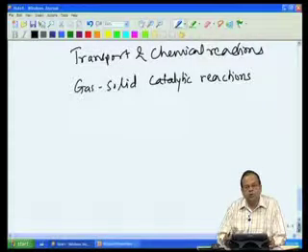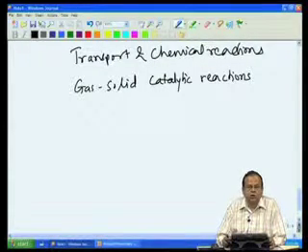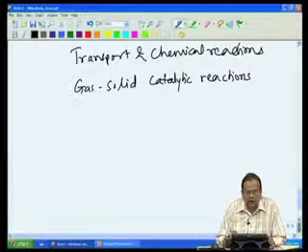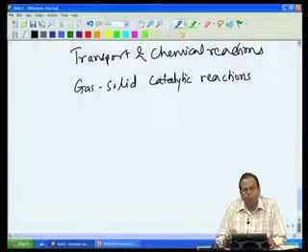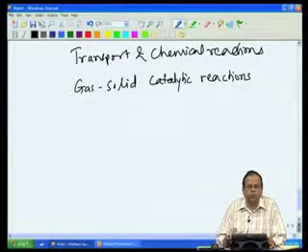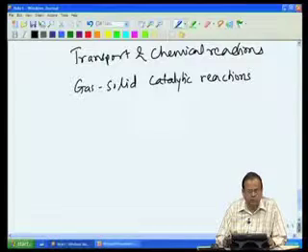So, here we saw first of all what is happening when gas solid catalytic reactions are taking place, that is what are the various steps that gaseous molecule has to undergo before a reaction can take place. So, the catalytic component is on the solid, the reactants and products are in the gas phase. So, there has to be diffusion from bulk to the surface, from surface to the inside of the catalyst for the reactant, then the reaction and then diffusion of the product in the reverse direction.